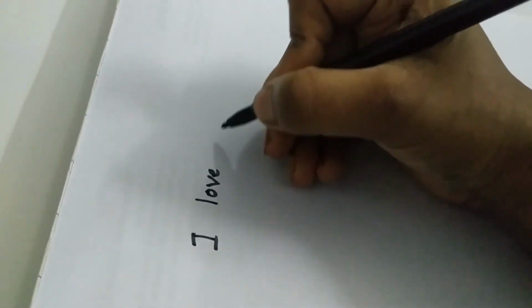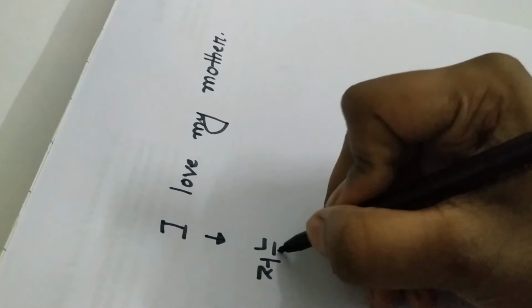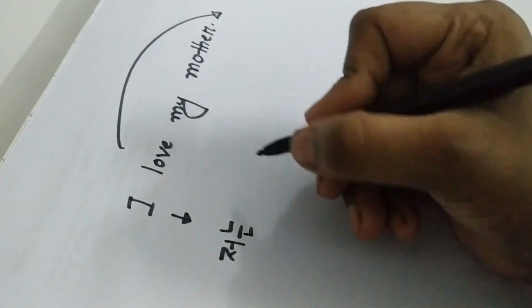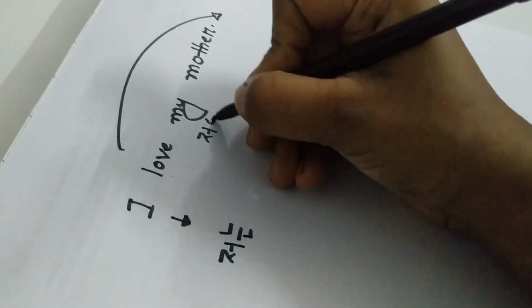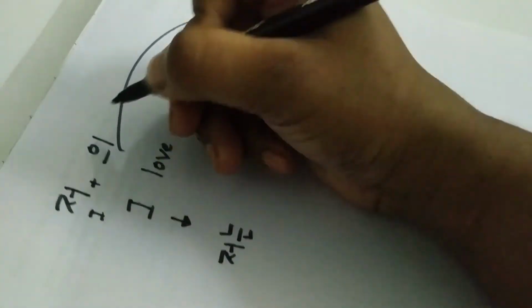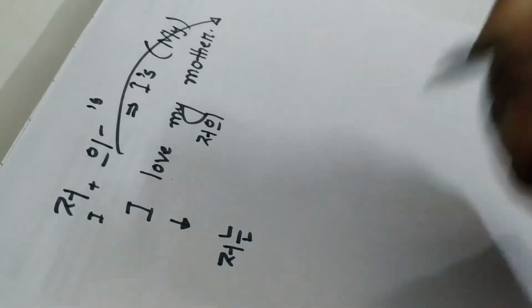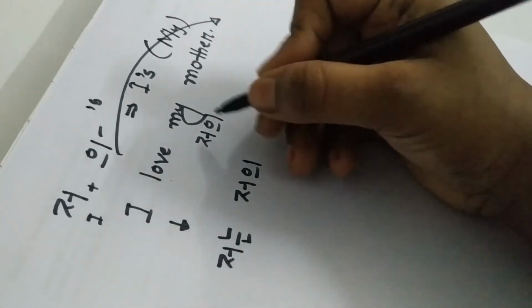Now let's make some other sentences to get a very clear conception. Suppose you want to say that you love your mother. I love my mother. How will you say it? For I, it's 저는. Love will be at the end. For my, it is 저의. 저 is I. And that 의 means apostrophe S. So it basically means I's or my. So 저희 is for my. Mother is